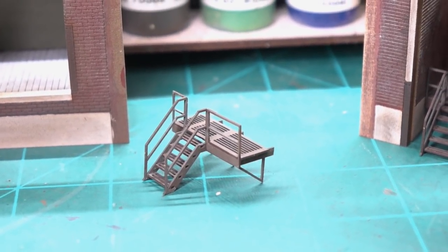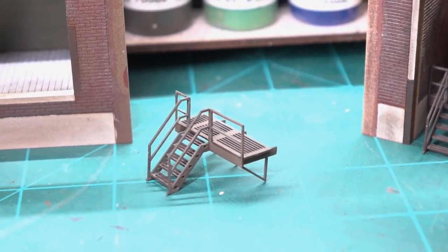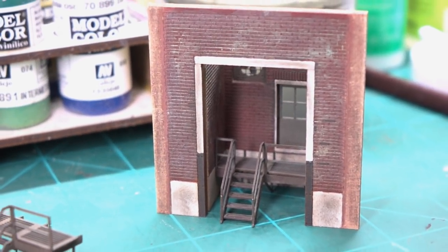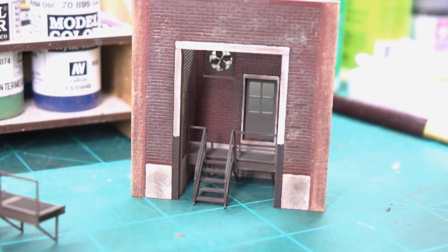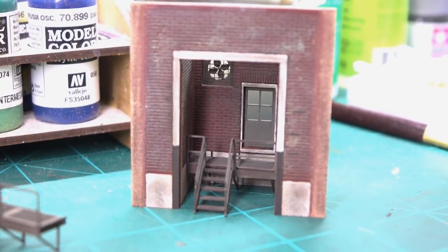I use super glue for it. Went together fine. Then I went ahead and weathered it up a little bit, and here's a version of it. It's not together yet. That's just kind of what it's going to look like. I just wanted to show it. It's got the door in the back of that one there. I think it'd be cool if you could have that little fan spinning. Wouldn't that be a cool little detail? I am not going to do that, but